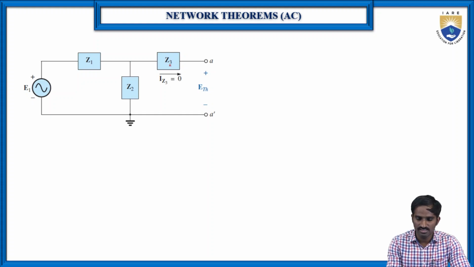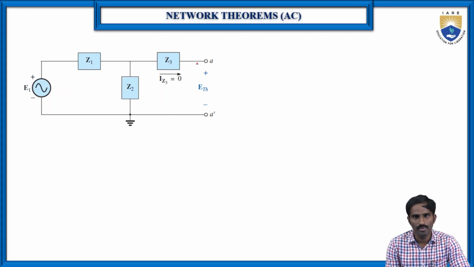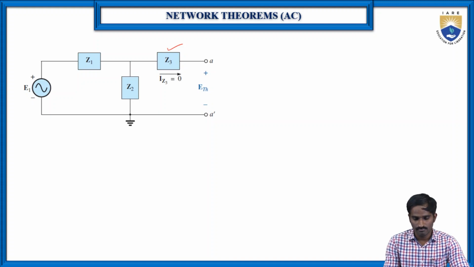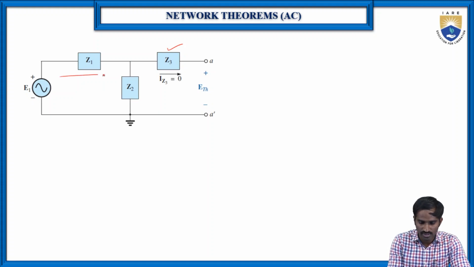Because here the Z3 is connected to the open circuit, the current flowing through the open circuit is 0, so the current flowing through Z3 becomes 0. That's why the voltage across A and A dash is nothing but the voltage across Z2. Which means now we should consider only this